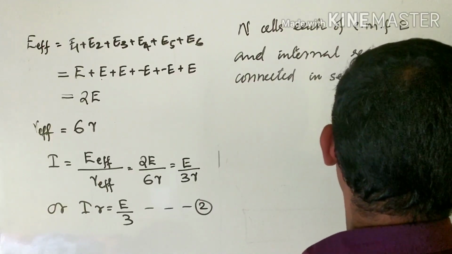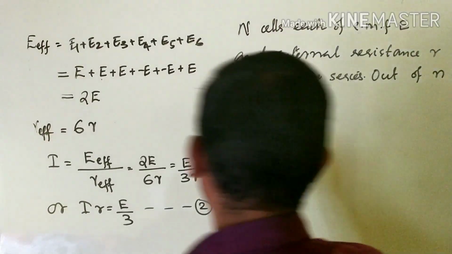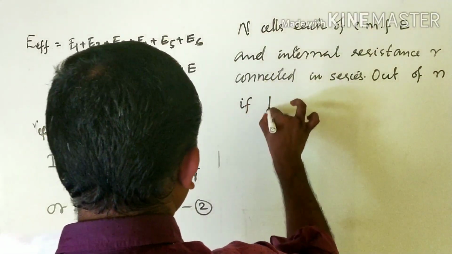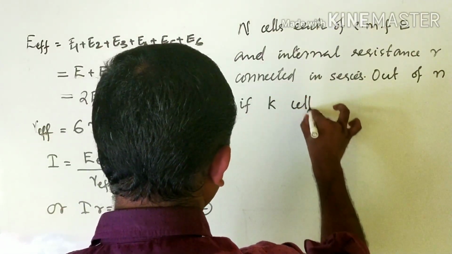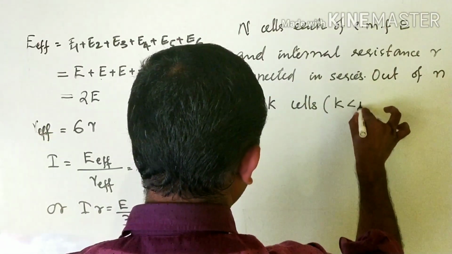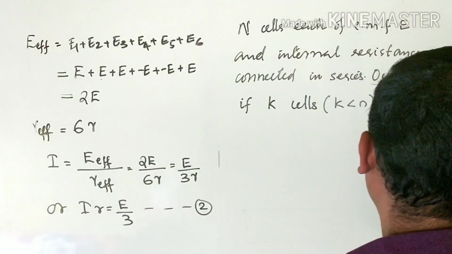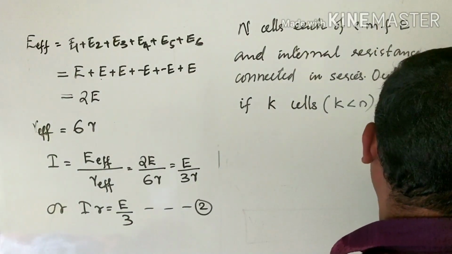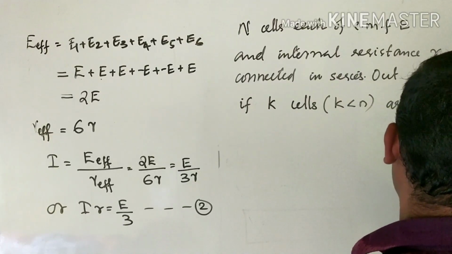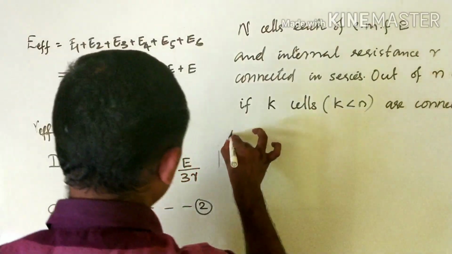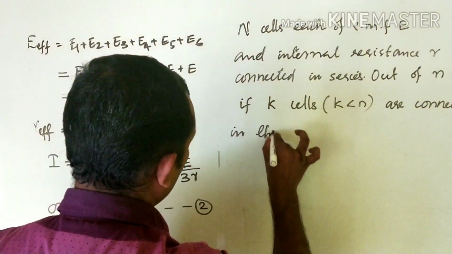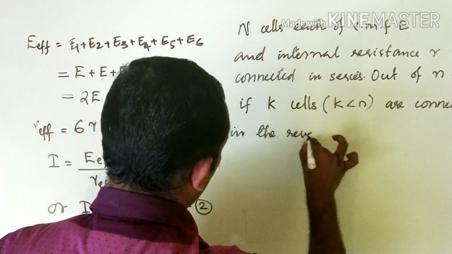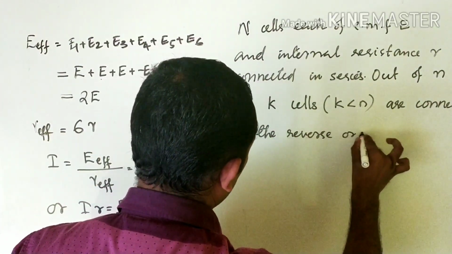Out of n cells, if k cells, where k is less than n, are connected in the reverse order,